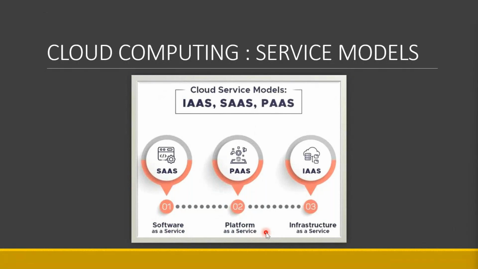Platform as a service is like some platforms are already readily available. We can plug and play like that. Infrastructure is like the virtual network or other computing resources that are available. If you want to use 10 GB of a particular virtual network, you can customize it and use it based on the requirement.